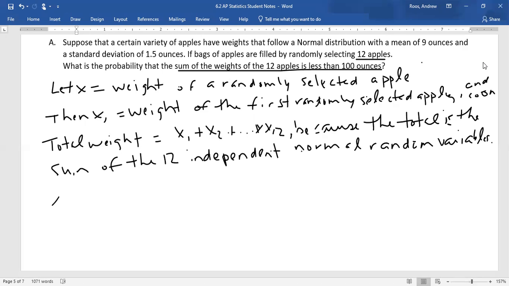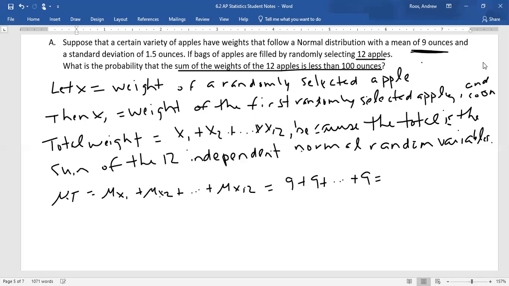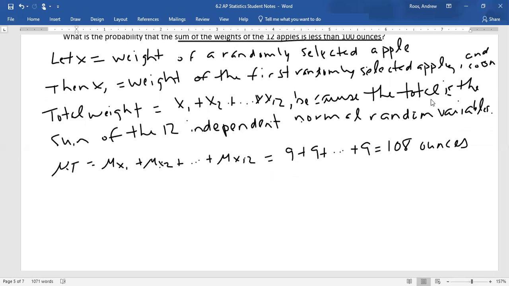So we'd want to find the mean of T, which would be the mean of x1 plus the mean of x2 plus ... plus the mean of x12. Okay, so if each of the means was 9 from up here, we'd have 9 plus 9 plus 9, 12 times, to get a mean of 108 ounces. Okay, so then the variance,